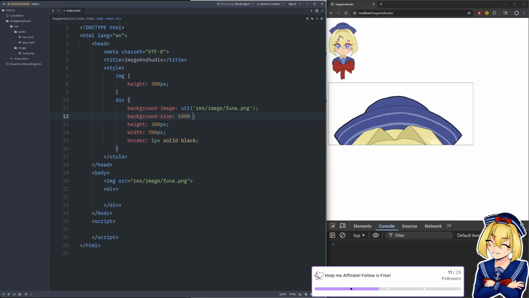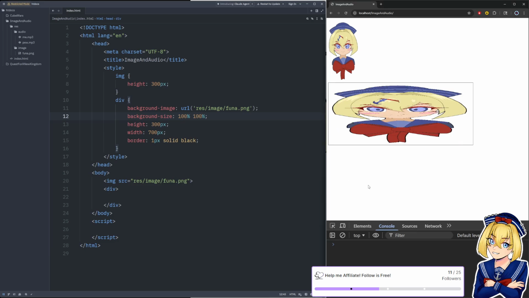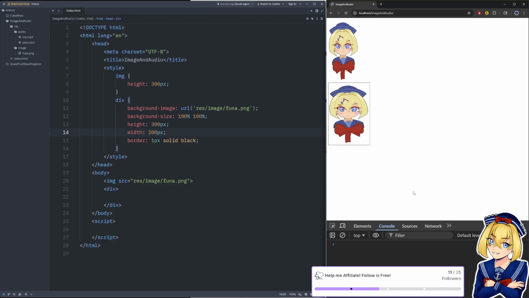Well, we could also do like 100% here. But that's gonna squish it all into one like box, right? It's gonna stretch it and try and get it to fit. And we can try and adjust the height or the width or something like that to try and fix the aspect ratio issue. Like we do like 200, 300. That looks closer, right? Maybe like 150-ish. Okay, that looks pretty much back to normal. But we had to change our div size in order to get that.